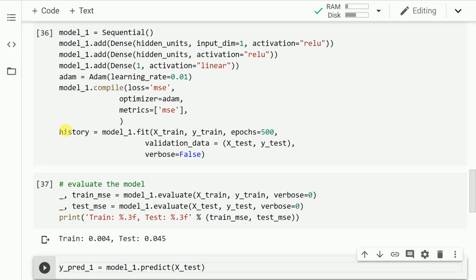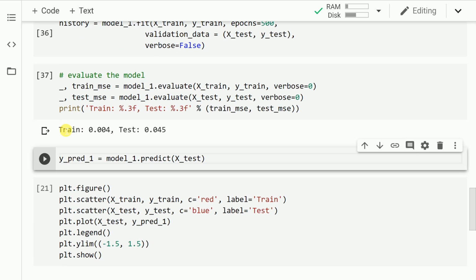As you can clearly see, the training mean squared error is 0.004 and the testing mean squared error is 0.045. Based on my evaluation of the current performance of the model, I can safely say that the model is overfitting the training data set. The reason being it has a very small mean squared error, so it's essentially fitting all the training data points and it is not doing so well with respect to the testing data points that I have. This will be evident in the next section.